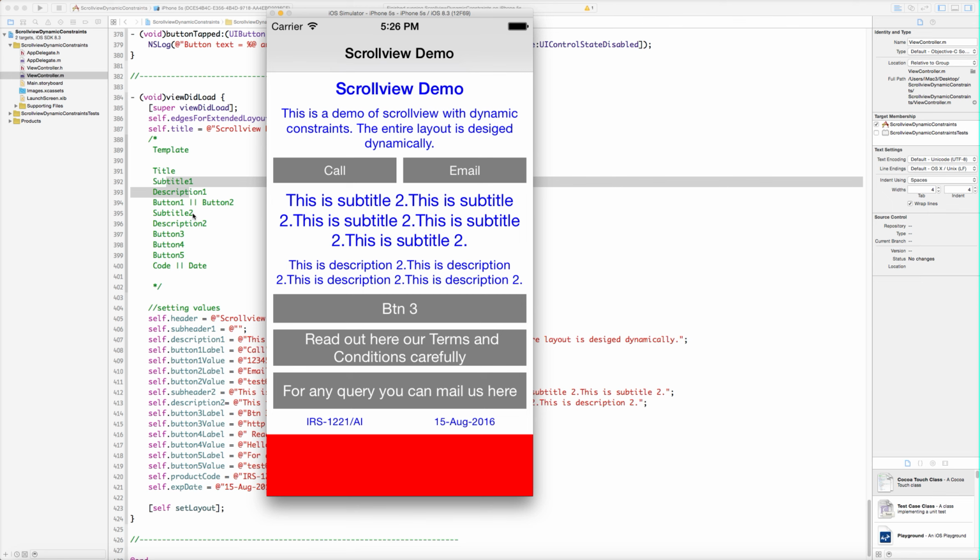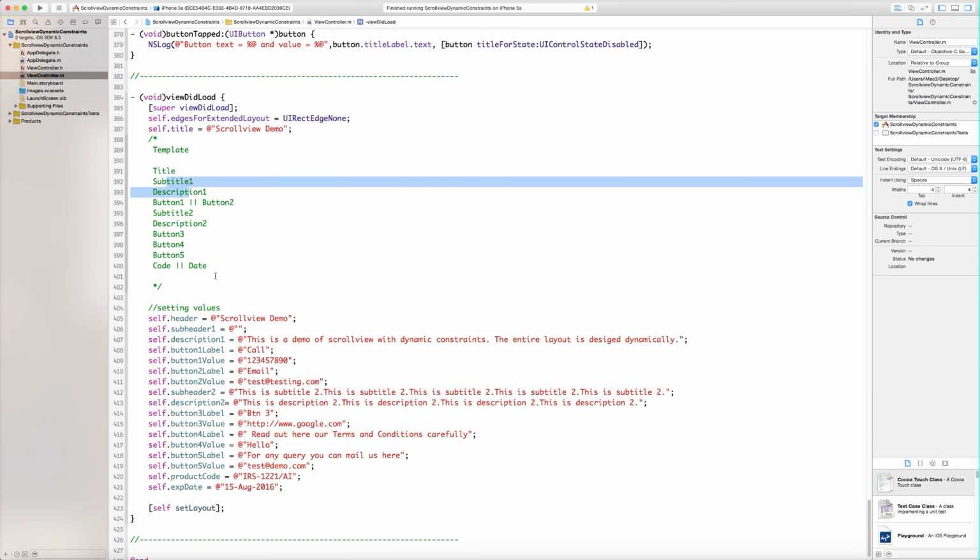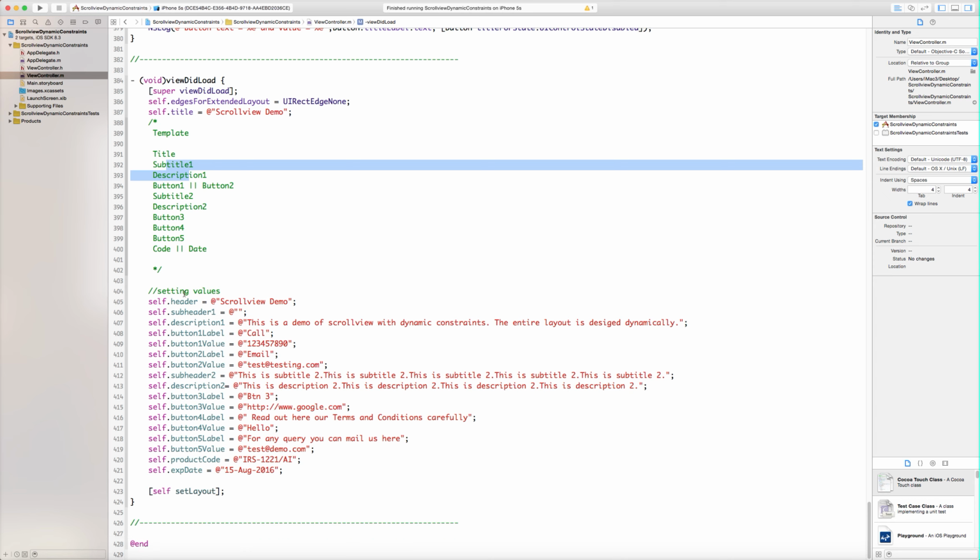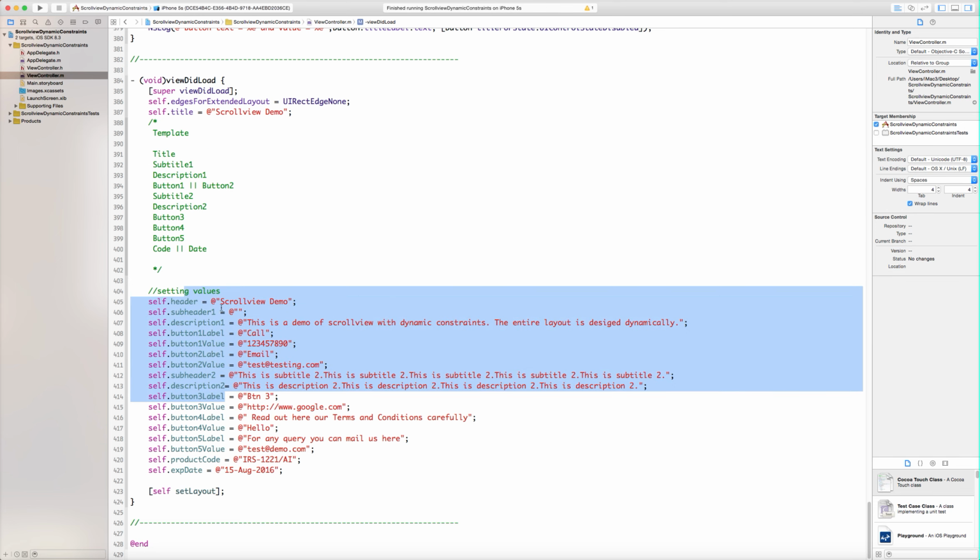Then we have subtitle 2, this one, and then the description 2, this one, and then buttons 3, 4 and 5, and then a product code and the date, this one. Okay, so let's go through the code. I have set the values statically, so these values may come from any server or database, etc.